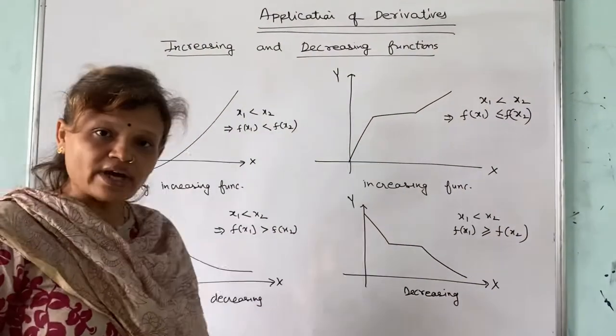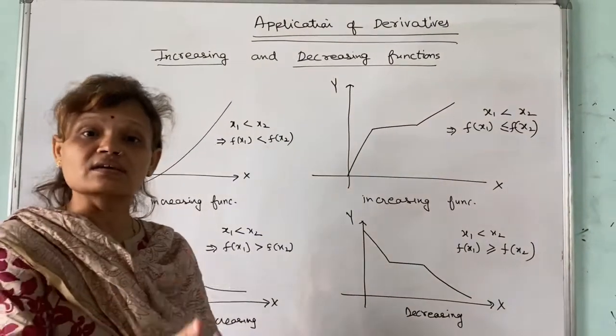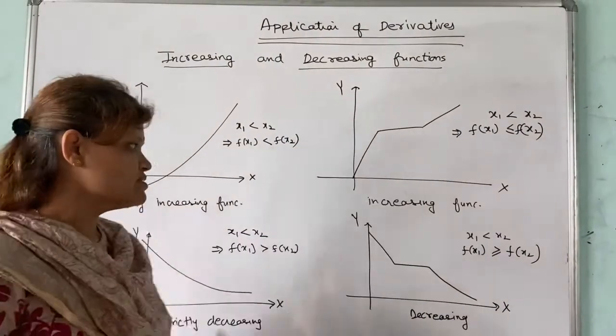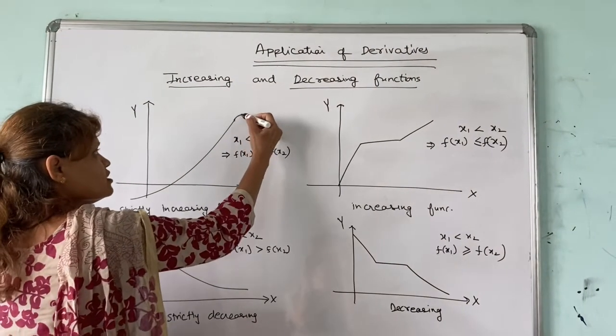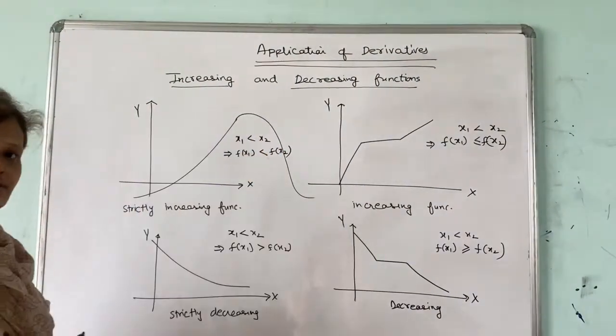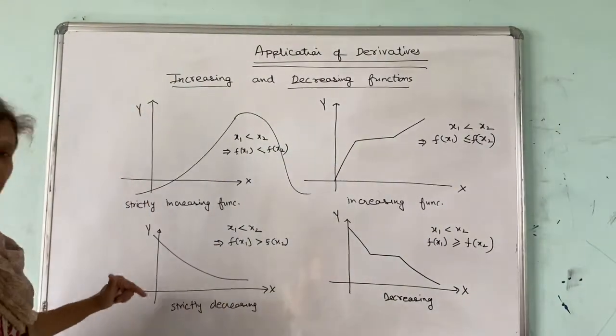It can be so that a function sometimes first will decrease and then increase. It can also be that case. Here we are just considering increasing, decreasing. If the same function is changing like this, first it is increasing, then it will become decreasing. Similarly here.